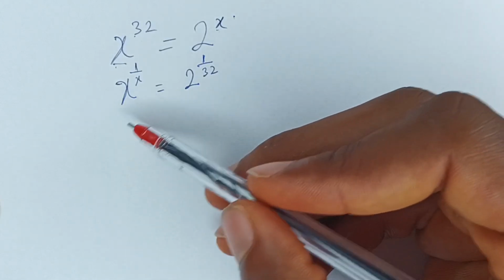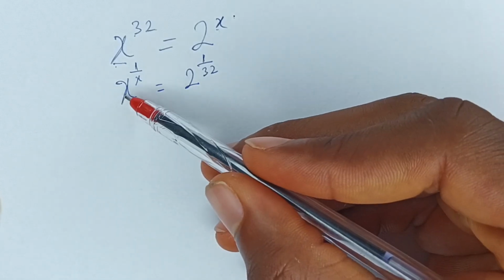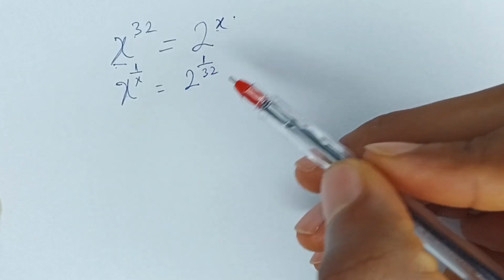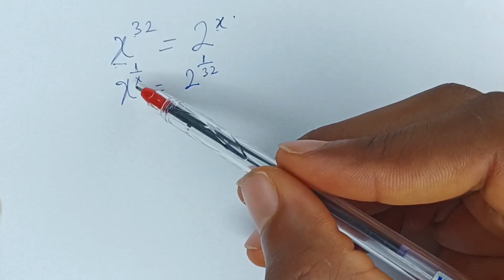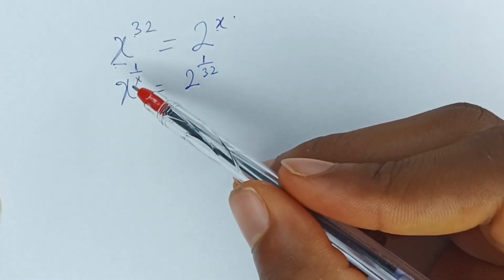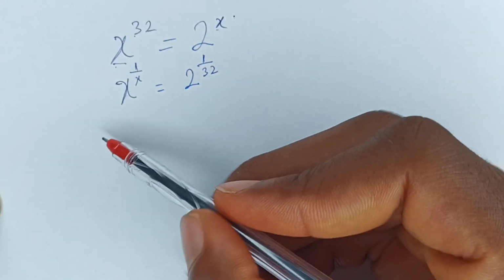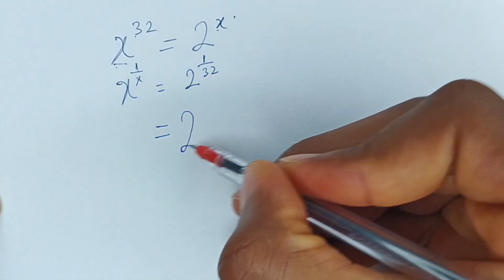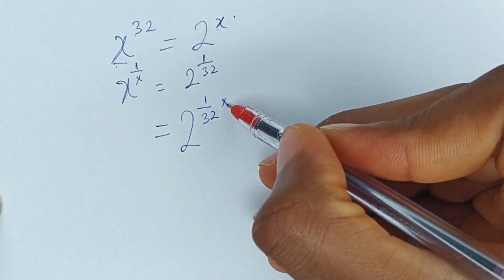Now, at this point, you can notice a partial trend. You're seeing x raised to power 1 over x, and you're seeing 2 raised to power 1 over 32. Now, at this point, you're seeing a variable raised to a variable, right? But then how do we solve this to avoid using the Lambert's W formula? Now, if you look here, you can use equivalent fractions. So remember, you have 2 raised to power 1 over 32 on this side. If we decide to multiply this by 2 over 2, for example,